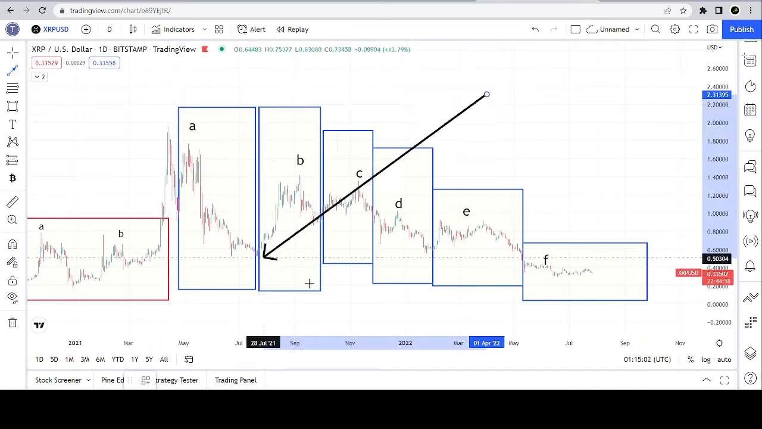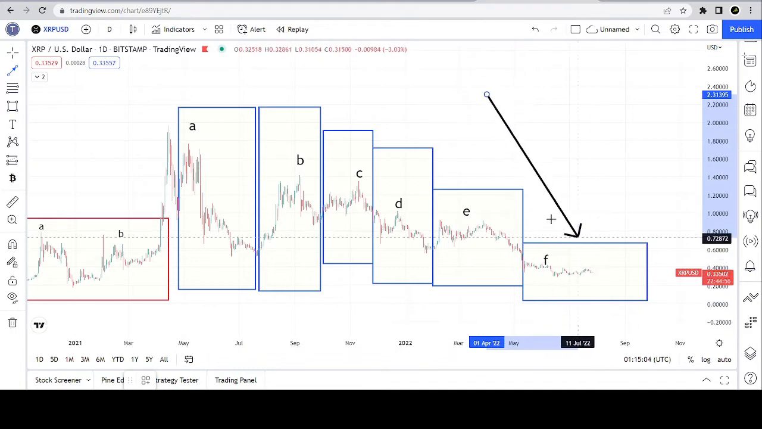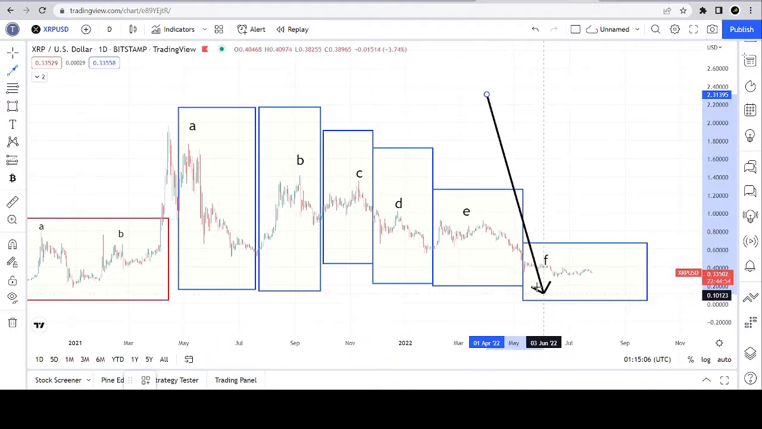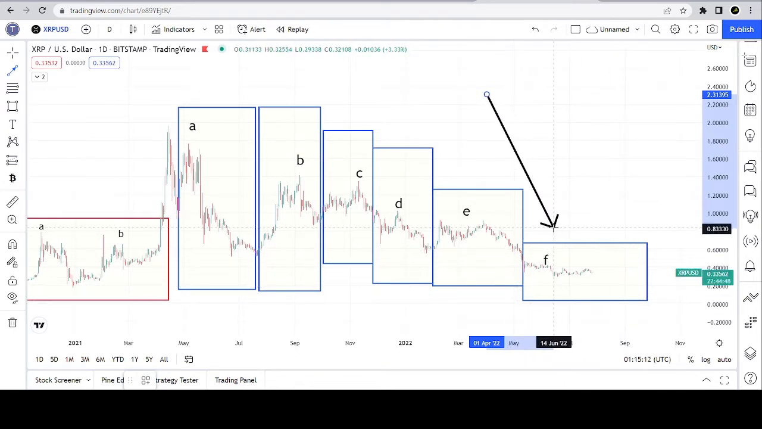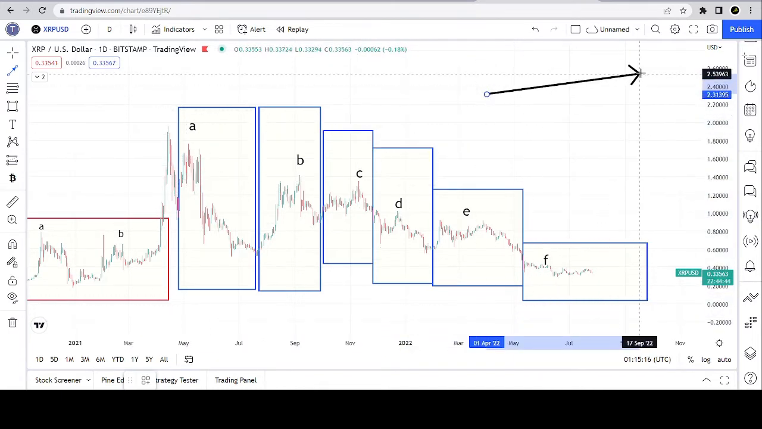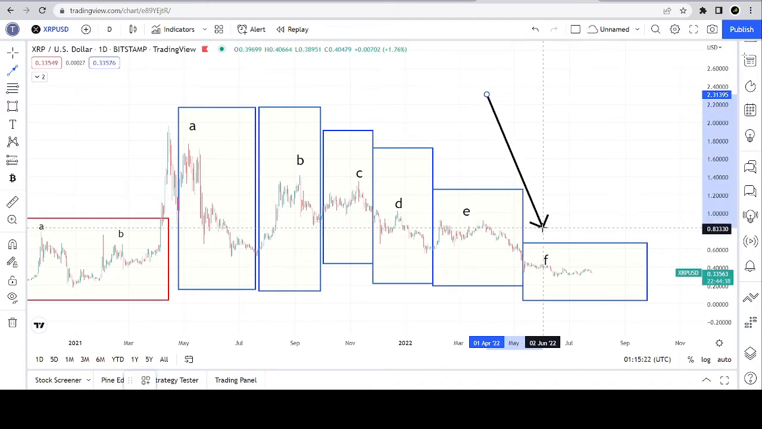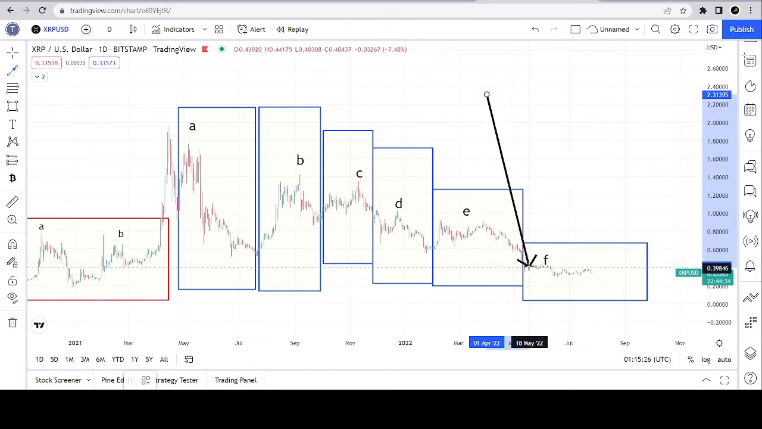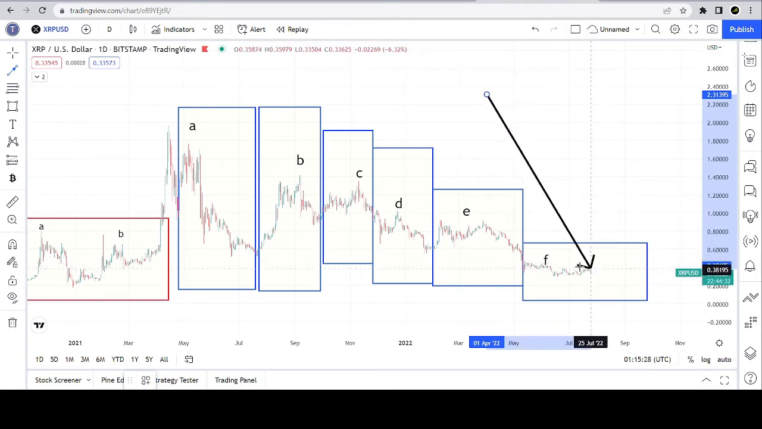I've gone into previous videos discussing this decline and also videos discussing the structure of this pattern right here. You can find these videos in this playlist that I made over here. So let's go back and examine the structure of this pattern throughout time and see where we are in the